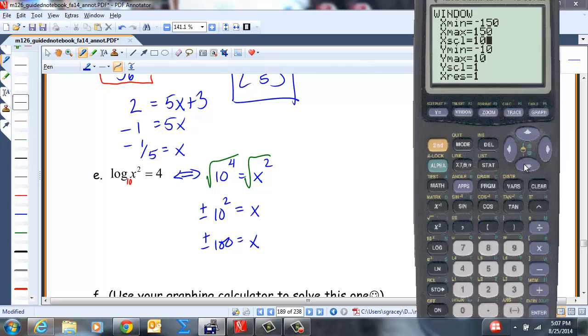And then the y minimum didn't look to be too low, so let's just do negative 2. See what we get. Graph. And there we have our intersections. We'll do one of them, and we can do both of them. So let's do a second